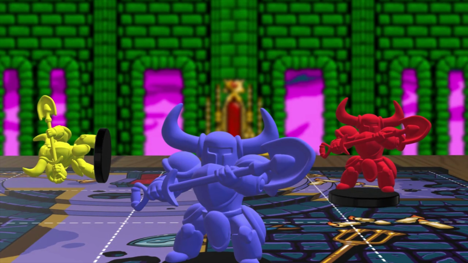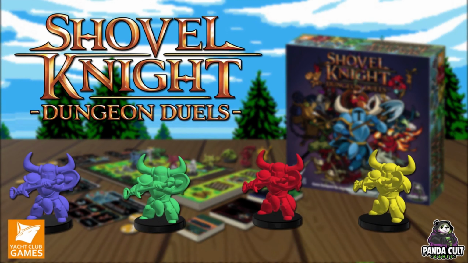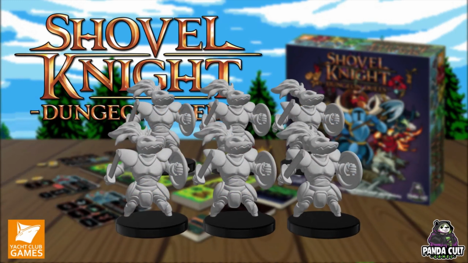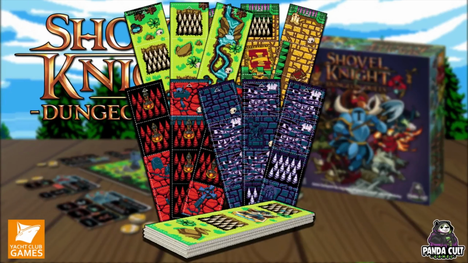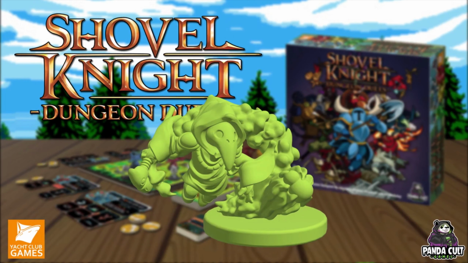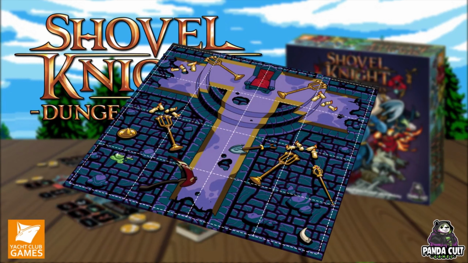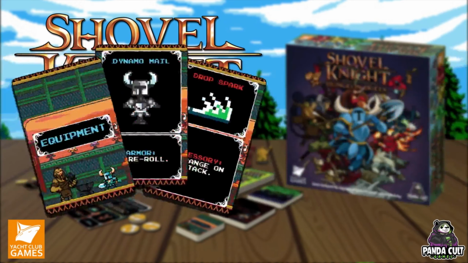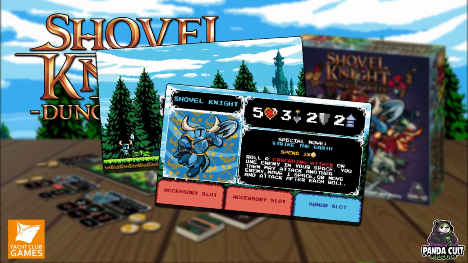Shovel Knight Dungeon Duels comes with 4 Shovel Knight models, 8 Bone Clang models, 8 Propeller Rat models, 6 Gold Armor models, 6 Wisdom models, side-scrolling game tiles, King Knight model, Spectre Knight model, Plague Knight model, the Enchantress model, Boss Room tile, side-scrolling dungeon tile track, relic cards, equipment cards, spawn cards, 4 hero player dashboards, 1